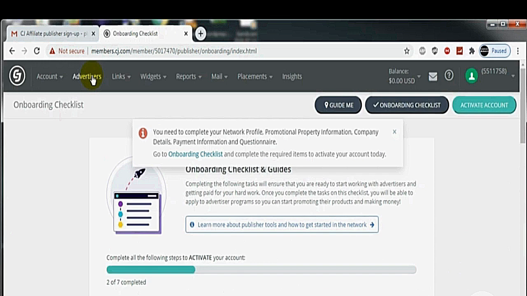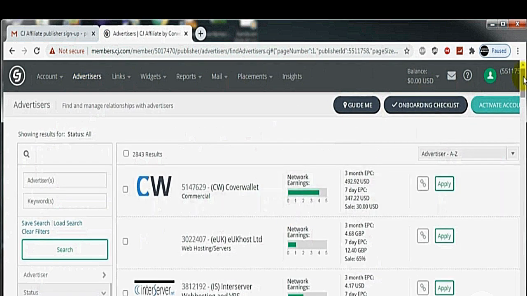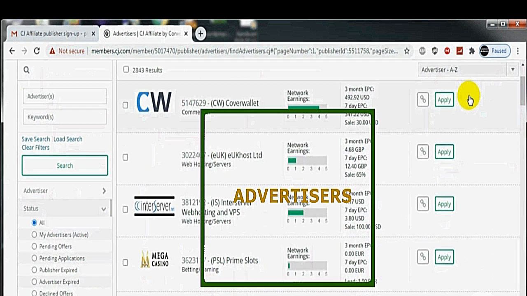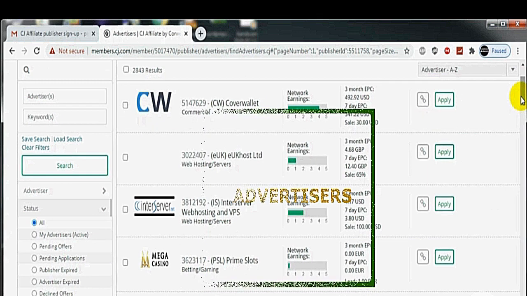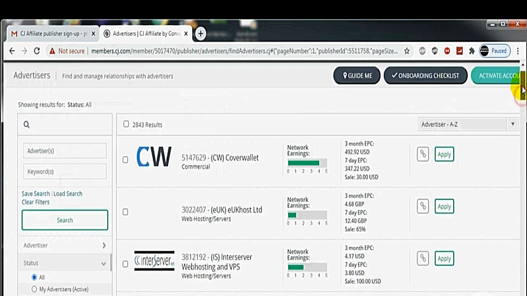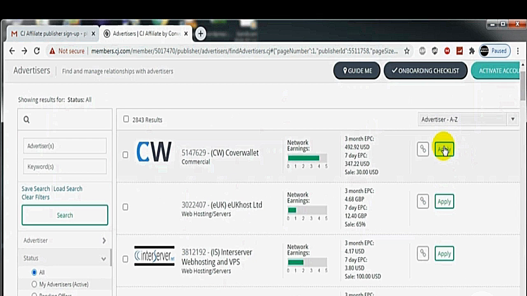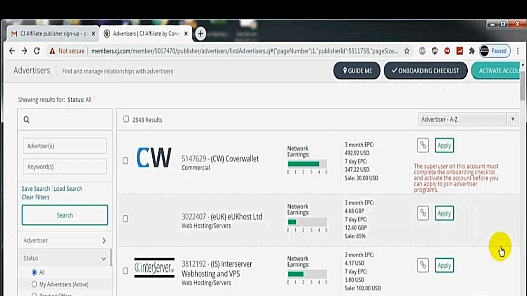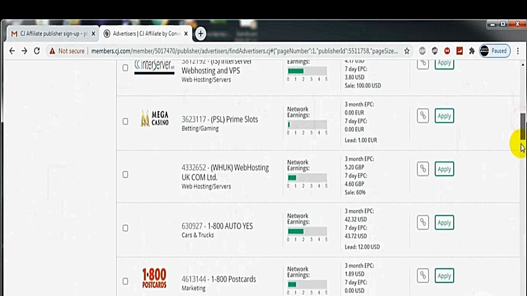And after activation, what you will have to do is go to this advertisers link. Here you will find all the advertisers, and you can apply and earn the commission if you promote their products and somebody purchases that product. You can apply to become an affiliate for these advertisers. So you will have to just click this apply button for each advertiser that you want to join.